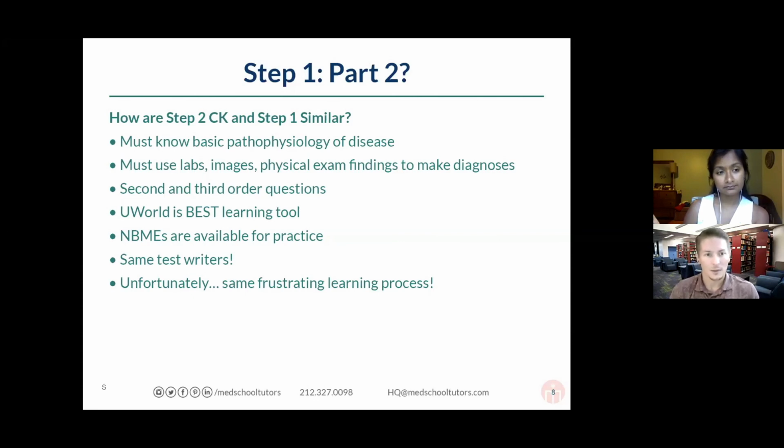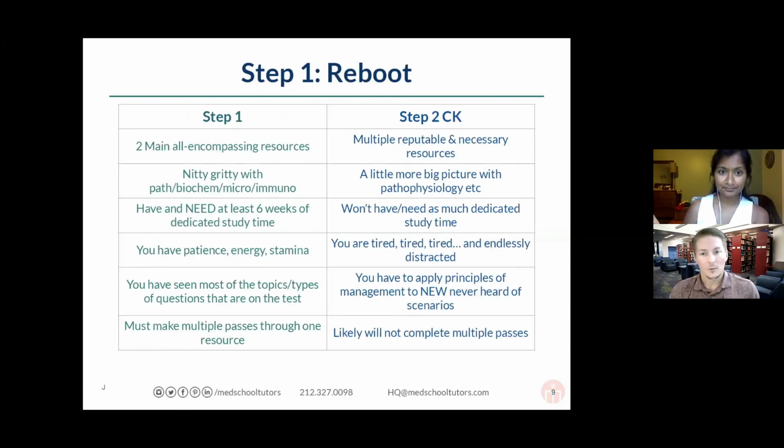So excellent job walking through the distinguishing factors between step 1 and step 2. I will say that there are going to be some differences when it comes to preparing for step 2 in terms of the resources and strategies that you'll use. One thing that's nice about step 1 is that you can see everything in First Aid and UWorld. Step 2 CK, it's a little bit harder to identify which resources we're supposed to use,